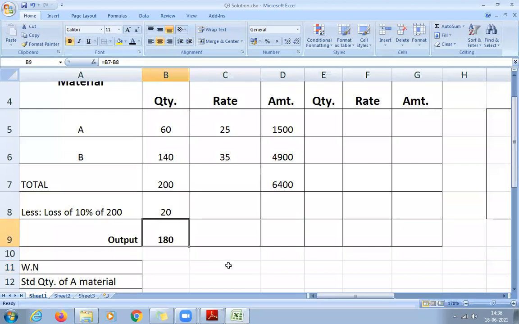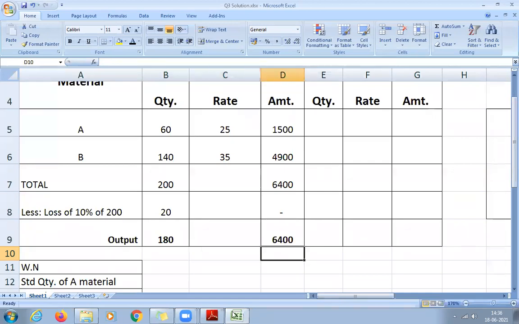Do you understand this calculation? So the quantity I am putting is not 200; it is actually 180 because there is a 10% loss. And the amount will not change. Only the quantity is reducing. But the moment you purchase it, you have to pay the amount. So the rate will not change. That is why your total amount also will be the same, 6,400. Okay. So that we are done.